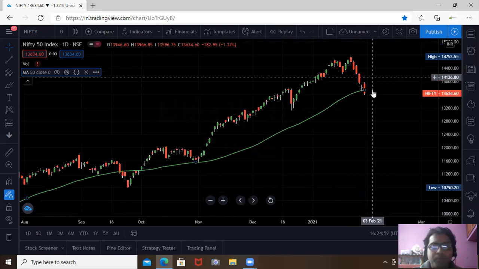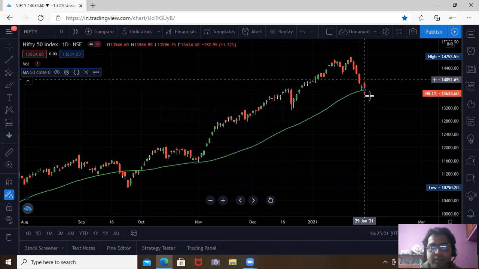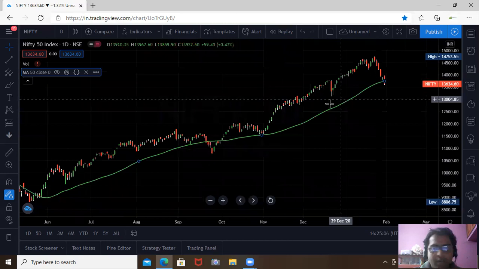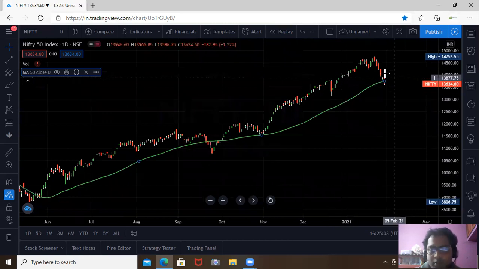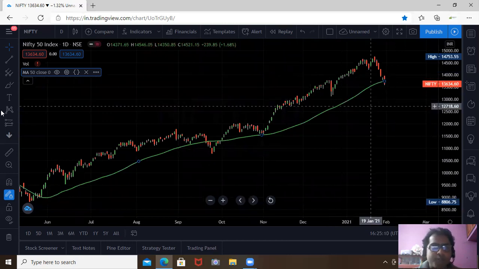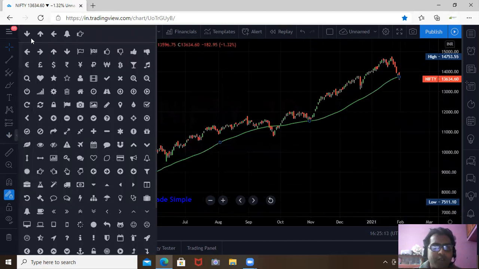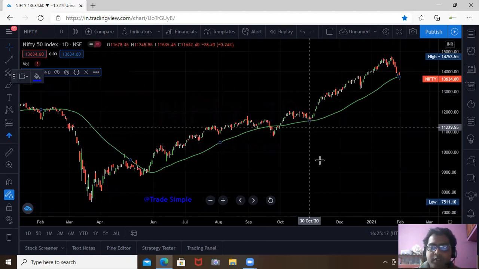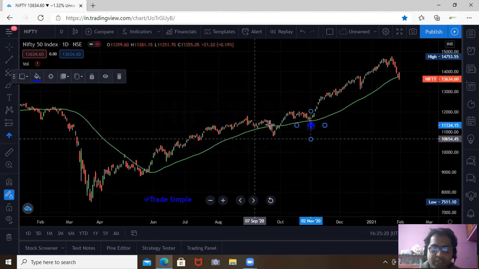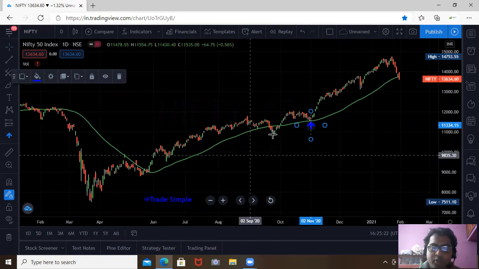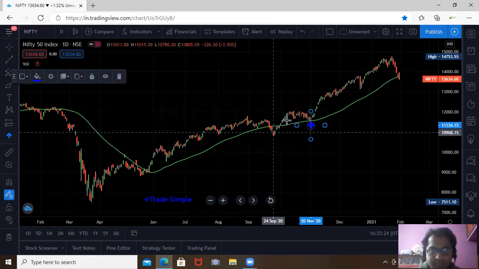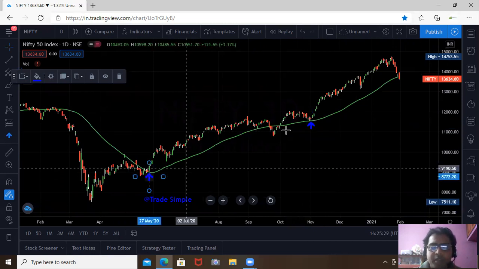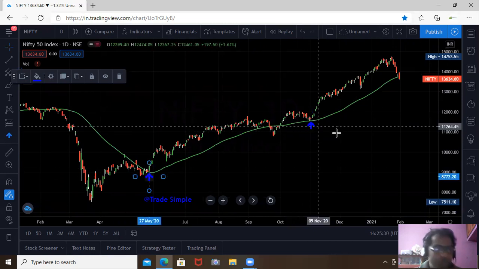Another thing is that if there is any decisive break, what we currently see is a negative, bearish candle at the 50 moving average. So it may be possible that tomorrow or in the coming week, Nifty may reverse back from this level, because we can see that whenever it touched this 50 moving average, it always reversed back, or whenever it gave a breakout, it also tried to come back to the moving average of 50 days. So you can see here many times it took support at the 50 moving average.